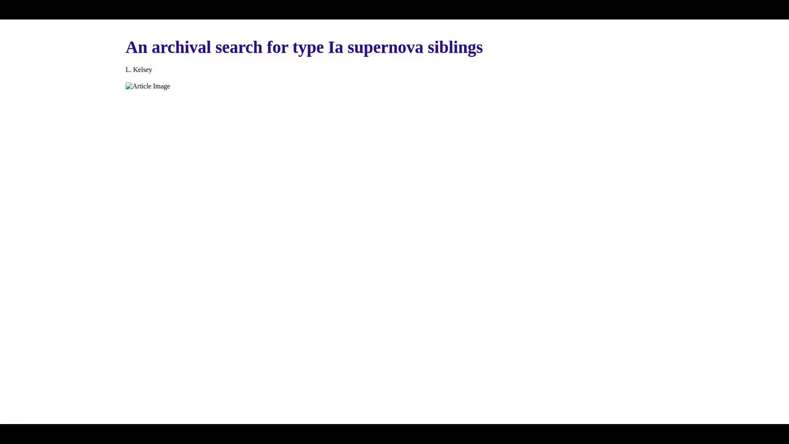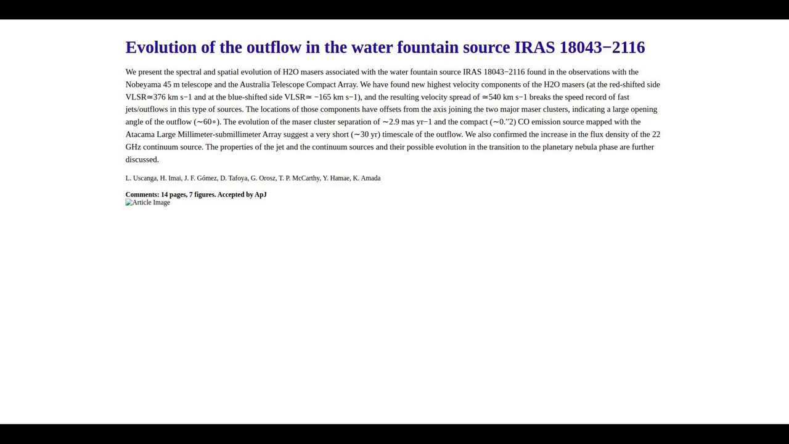Next article. An archival search for type Ia supernova siblings. Next article. Evolution of the outflow in the water fountain source IRAS 18043-2116. We present the spectral and spatial evolution of H2O masers associated with the water fountain source IRAS 18043-2116